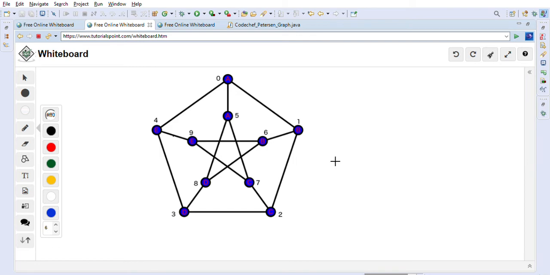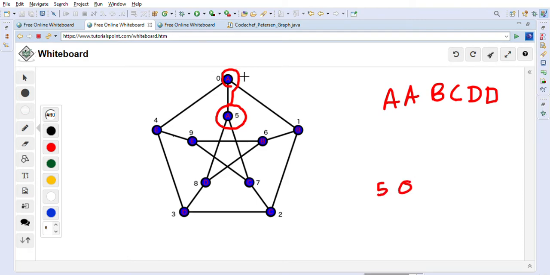So let's say we have another string, for example A, B, C, D, D. Let's say this is our string. We are trying to find out if there is a path in this graph like this or not, right? One of the possible paths is this one. From this A we can go to this A. This is 5, this is 0, so we will write 5 then 0. From this A we can go to B like this. This is the B, we can go here. This is 1, so we can write 1 here.